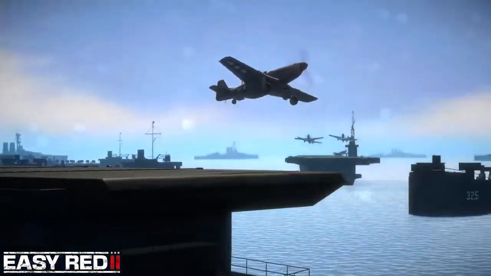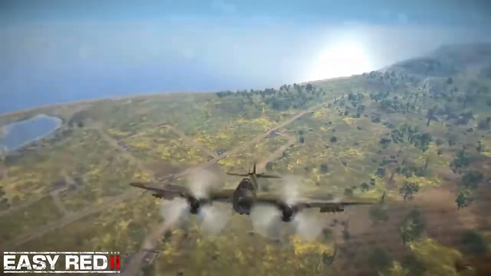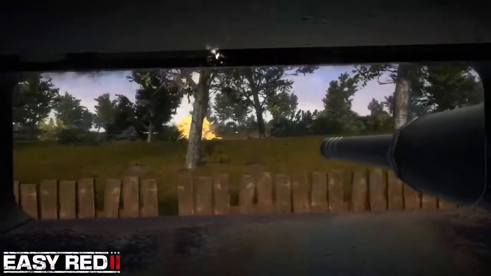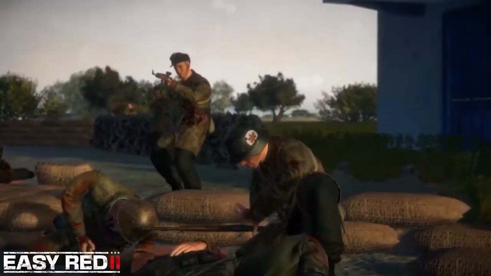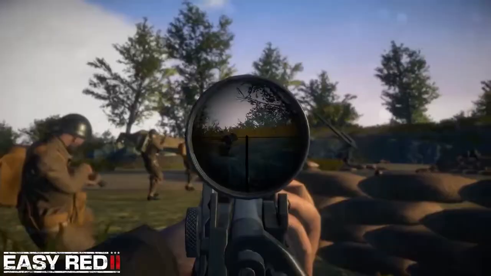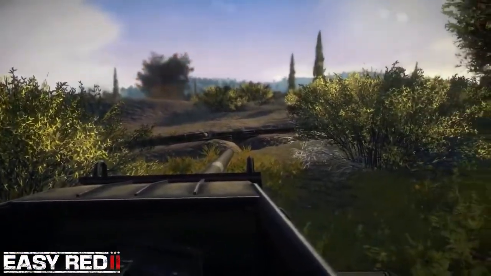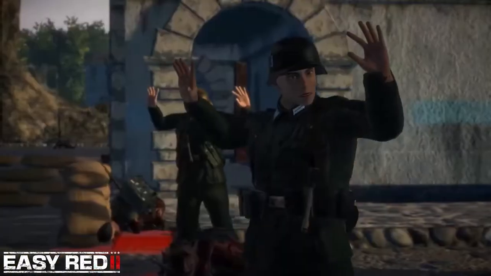So, you said that you were trying different types of games. What made you come back to Easy Red to make a sequel? Well, I noticed there was a big bubble of players that loved a specific genre, but that wasn't that much looked into. Even if I made various kinds of games, some had success, some didn't have a lot of success.